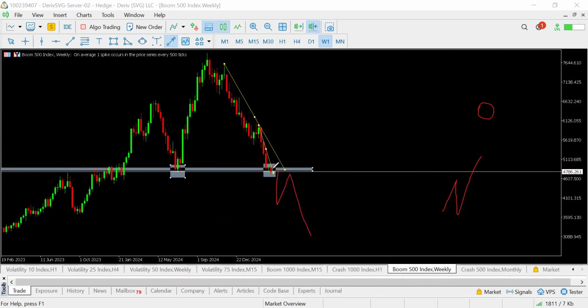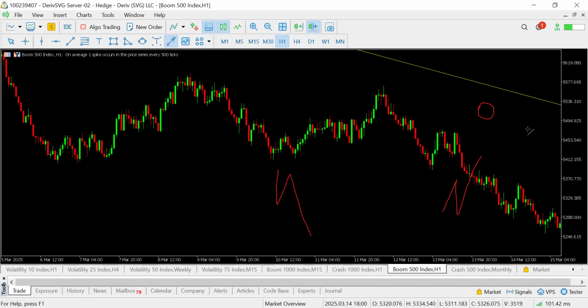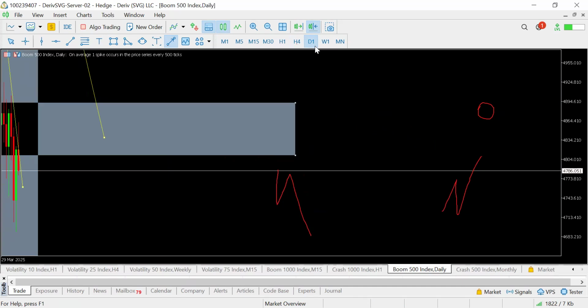But the only way you would buy, as I showed in H4, is if there's a clear break of this counter trend line, and then you buy. Let's look at H1 to see if we can refine anything. You can see that it has made a mess of this trend line. It is currently coming back down inside. So that will be that for